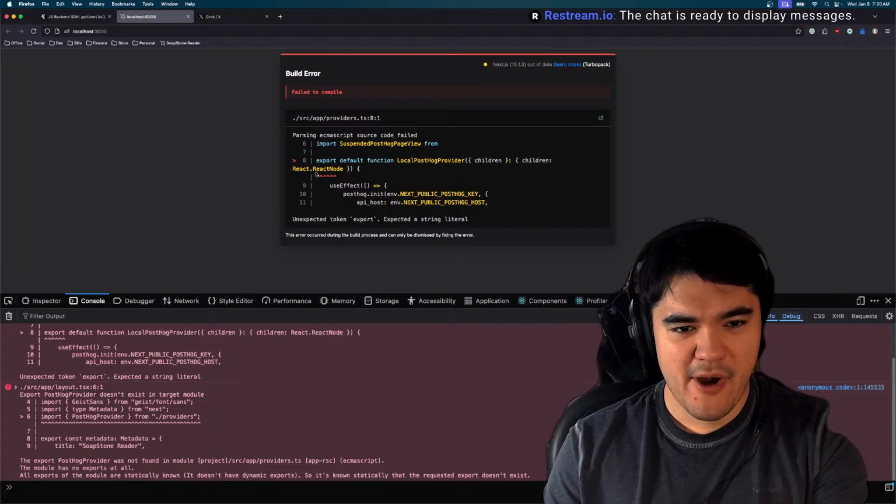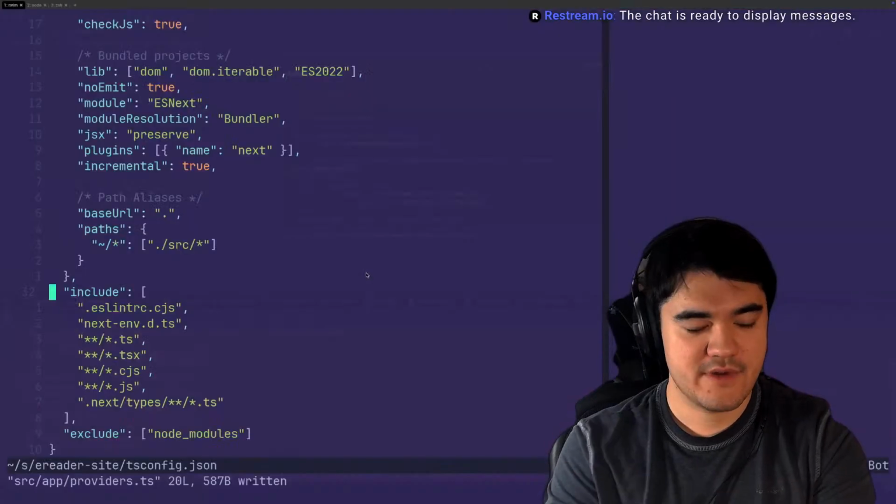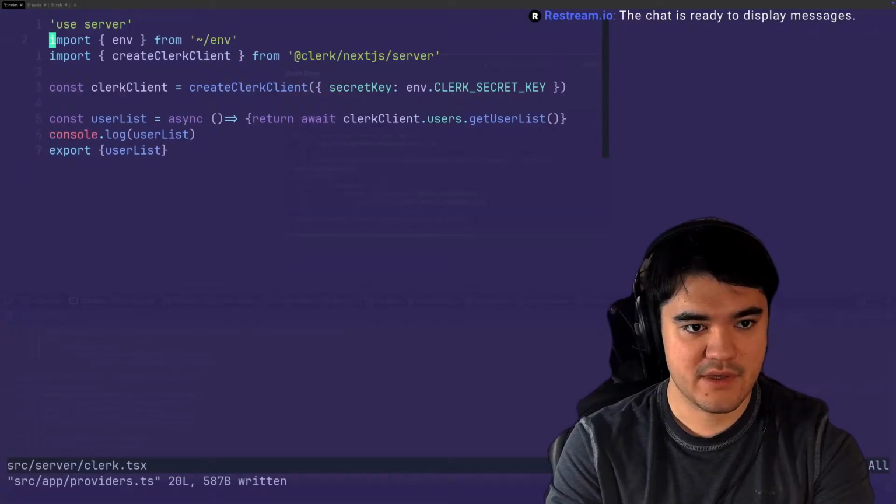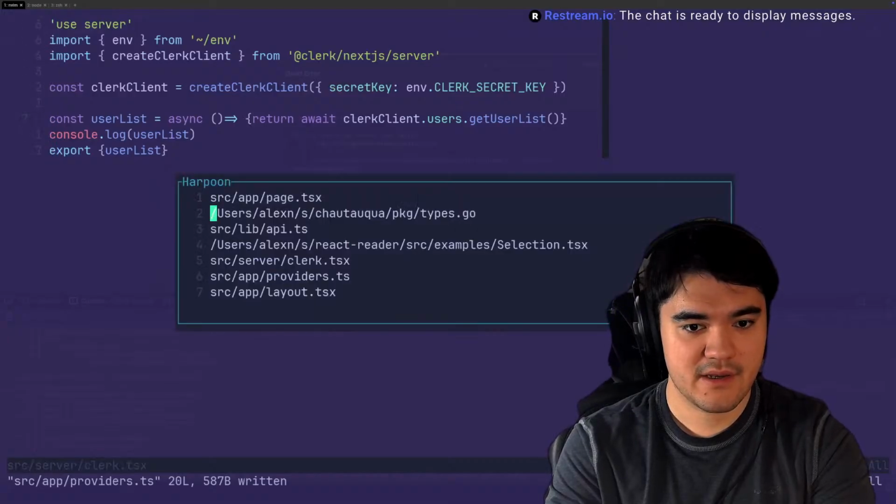It's not that part. React children, React node. That could conceivably be it as well, right?